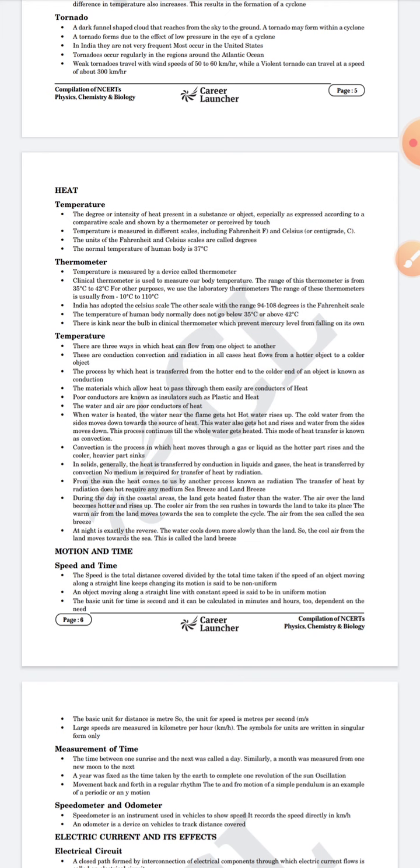These are conduction, convection, and radiation. In all cases, heat flows from a hotter object to a colder object. The process by which heat is transferred from the hotter end to the colder end of an object is known as conduction. The materials which allow heat to pass through them easily are